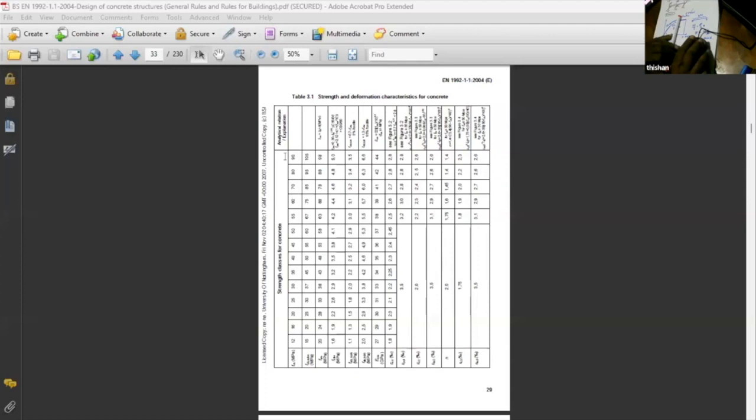It allows you to do something else. What is that? If you want to go beyond 105 cube strength, if you link up with the university and do the necessary testing, you can even use 150 megapascal